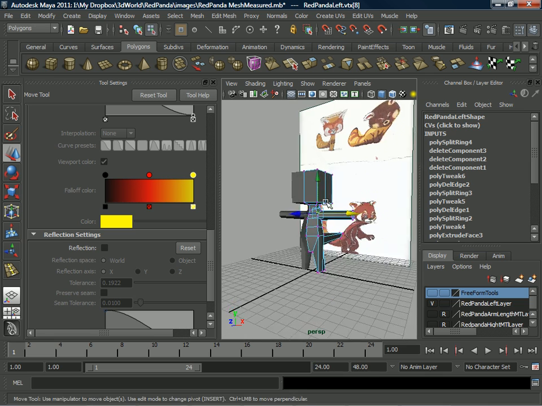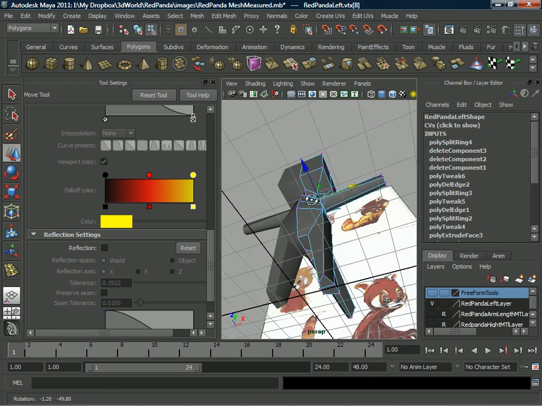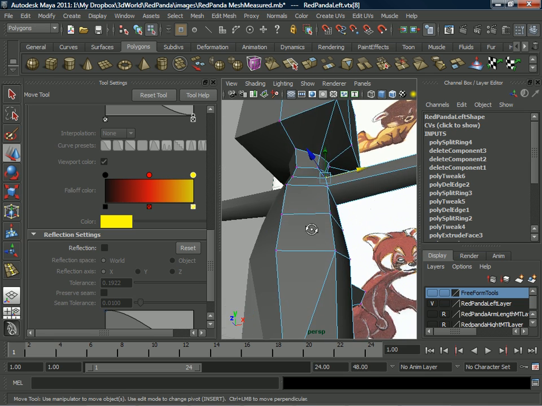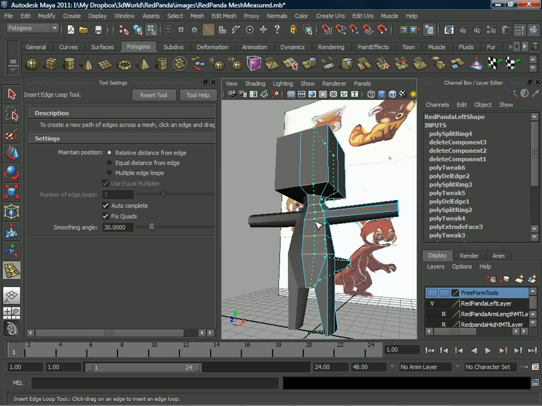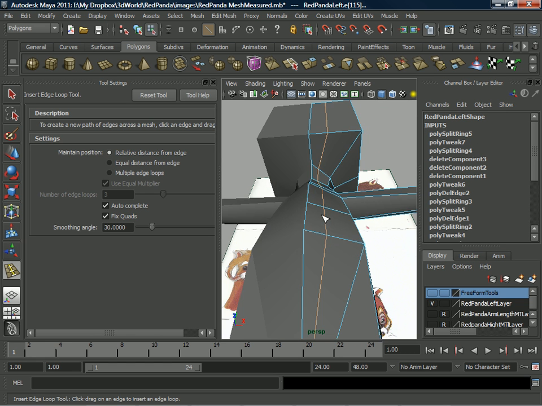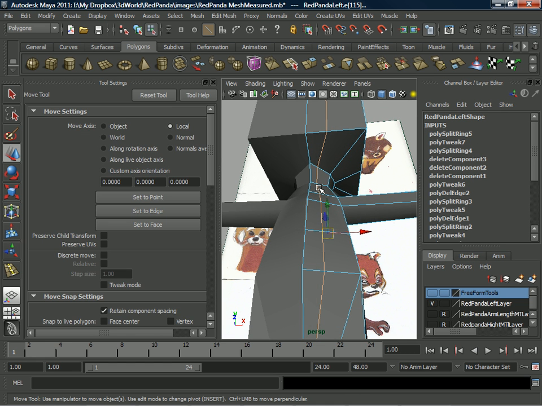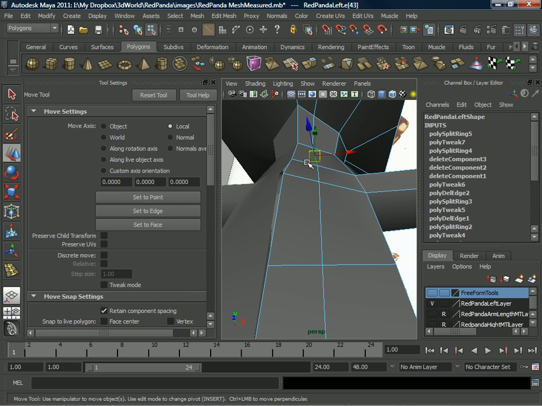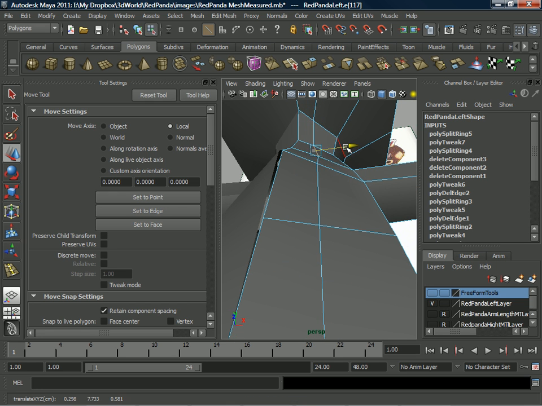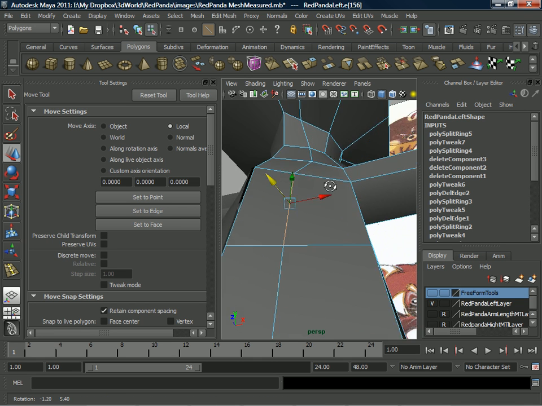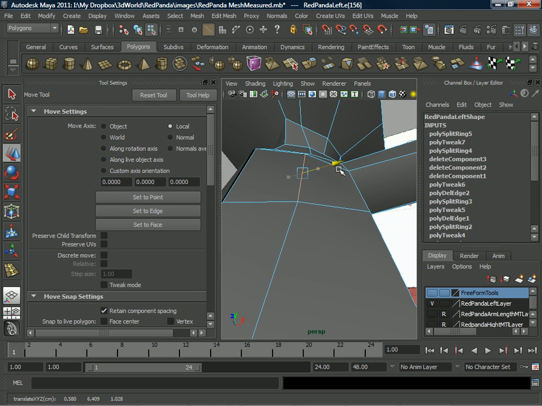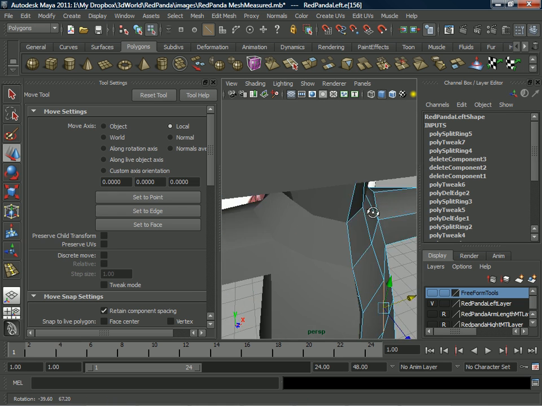Now I can add another loop here for the body. That's going to allow me to round that off a bit more, and it's going to give me geometry for the face. I haven't touched the face yet. So now with this, I can grab this, and all I'm looking at is this flat line. I just want to round that off so it's no longer flat. I'm just looking at these 3 points and saying, you form a straight line, I don't want you to. So I break it in that way,